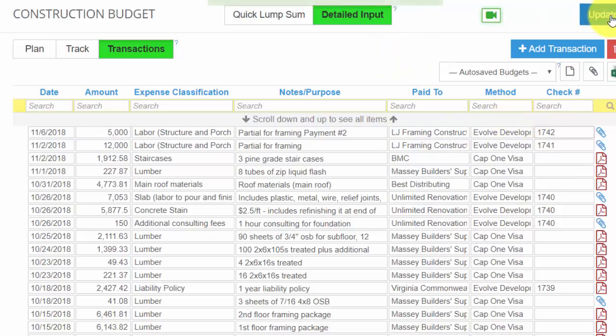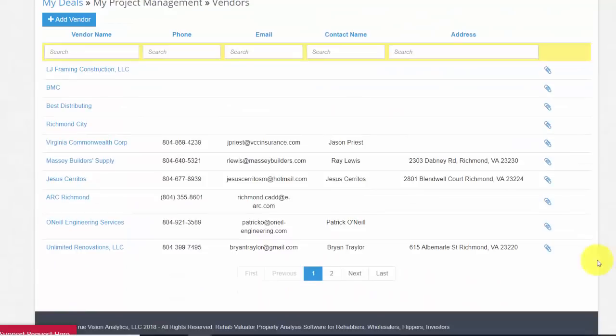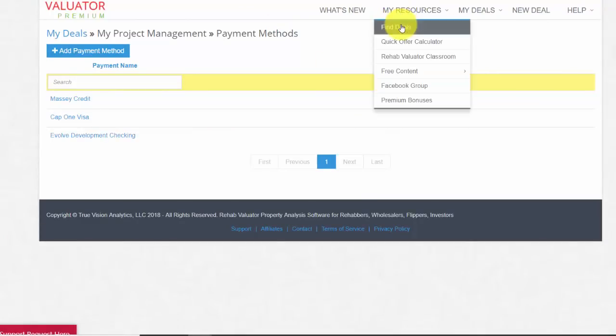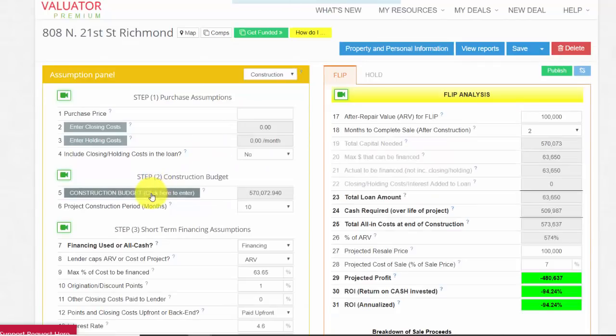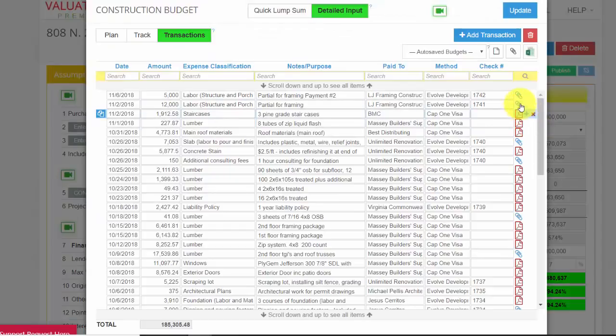I can go to My Deals, Project Management, Vendors. Here's my list of vendors, and I can upload W-9s for them. I can go to My Deals, Project Management, Payment Methods. Here are my payment methods that I reference. So if we go back to this deal, every dollar that I spent gets cross-referenced to some line item in my budget. And by the way, in transactions I can now upload copies of invoices,